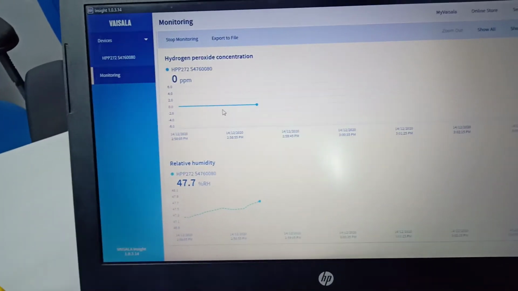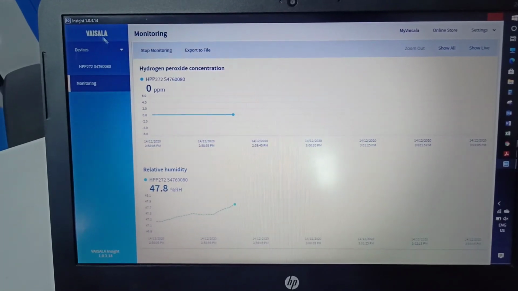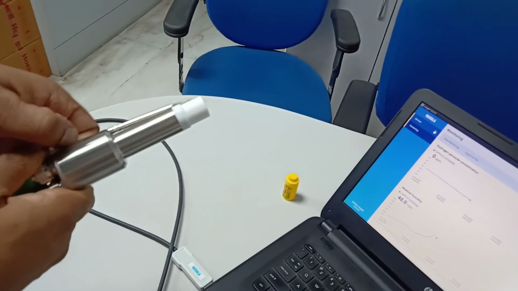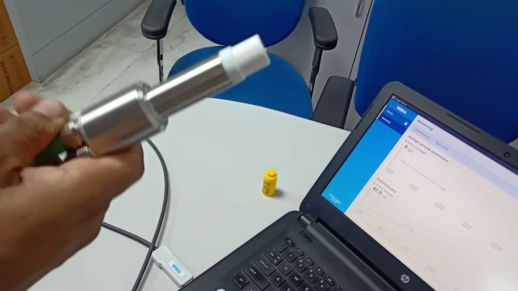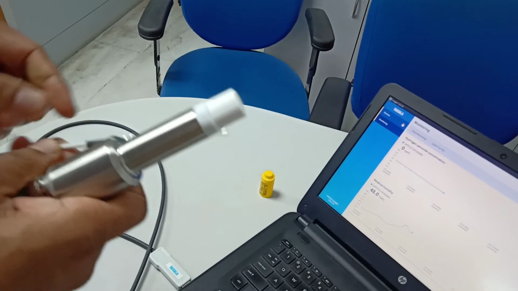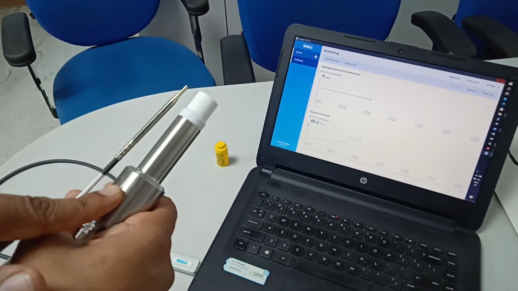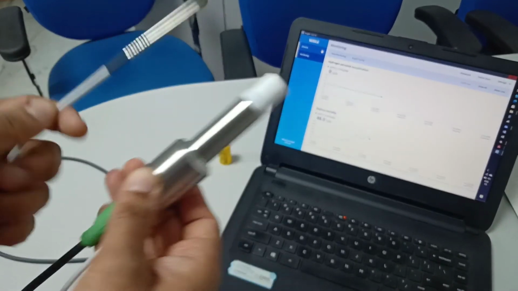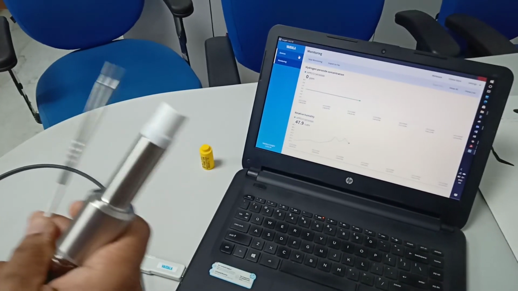So in that way you can log the data, see the real-time data, and yes, it is used in biodecontamination, and these days hydrogen peroxide is being used in many applications, sterilization and foggers. So this is a very nice probe without any consumable. The calibration can be done on site as well. It comes with a 1-year calibration certificate, and the lifetime is, say, 8 to 9 years. So you need not worry once you buy the probe, and then you can use it infinitely for any application. Thank you.